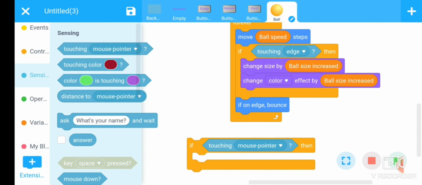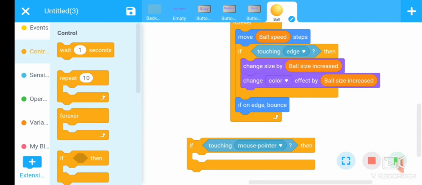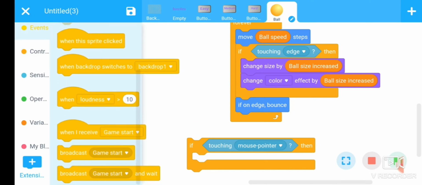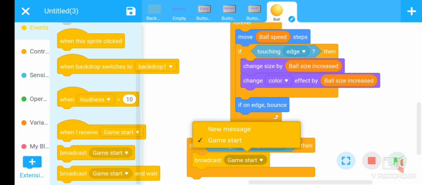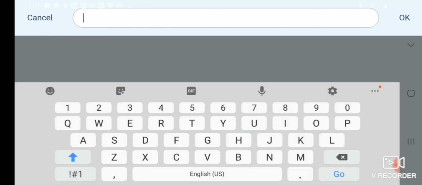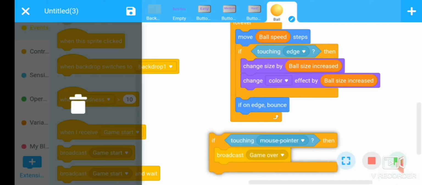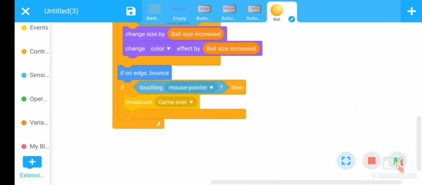Okay, here we want to generate a message, that is, we want to broadcast a message that game over. New message, game over. Fine. Put it inside the forever loop. Okay, fine.